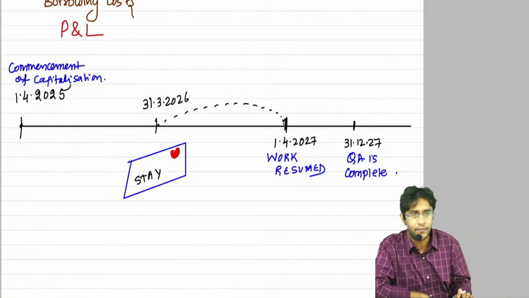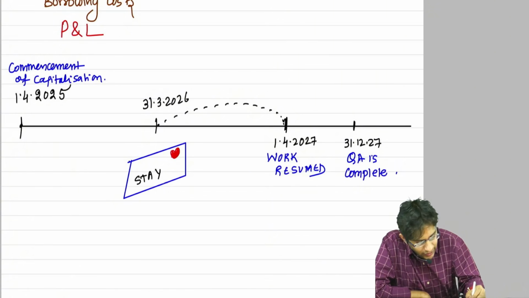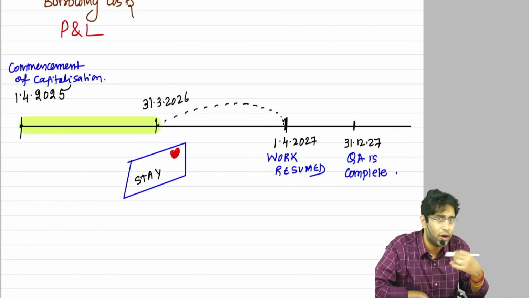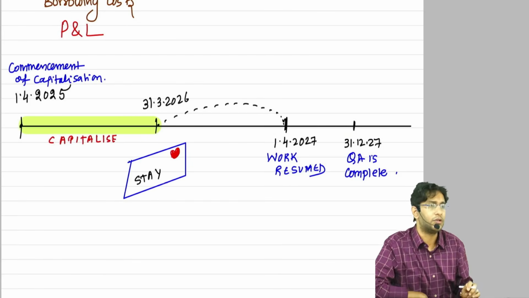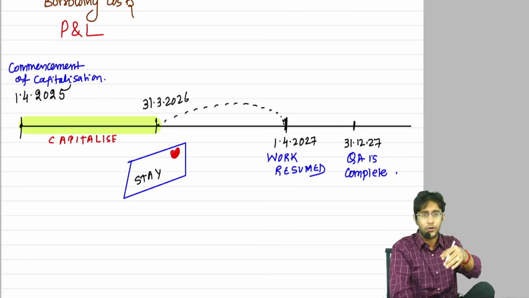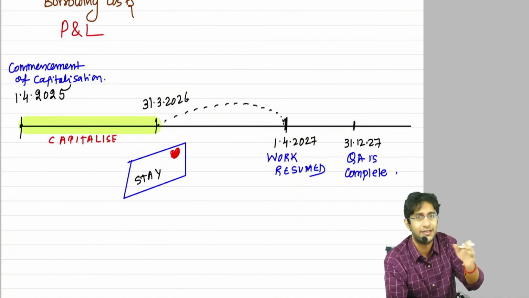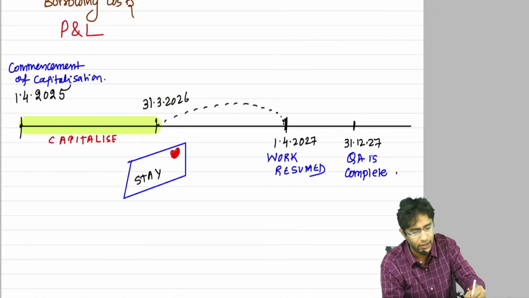This is the story, sir. Okay, now watch correctly. During this entire period from here to here, whatever borrowing cost I incurred, I will happily capitalize it. What's the meaning of capitalization? Add the interest cost to the cost of the asset. Because the asset is getting developed, the interest cost is like a construction cost. Go on adding it. But during this 1 year interval period,